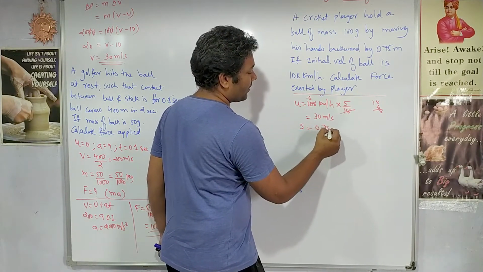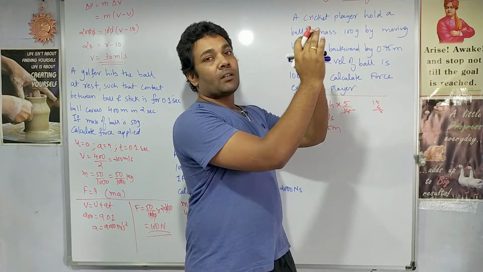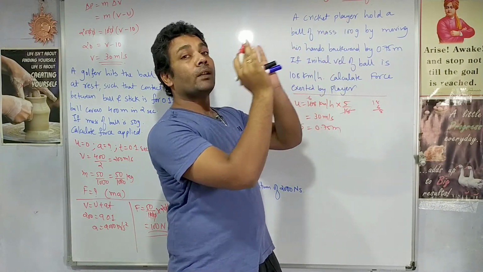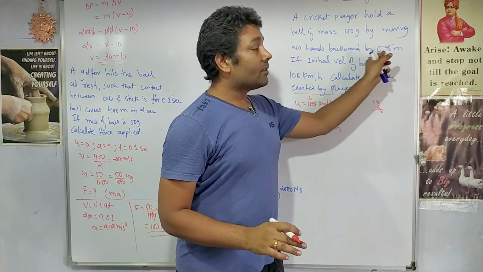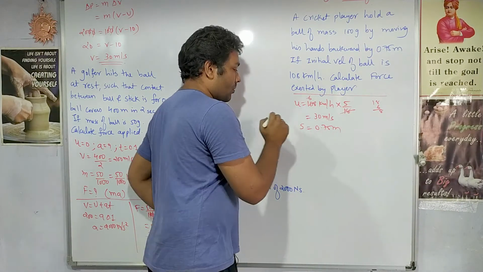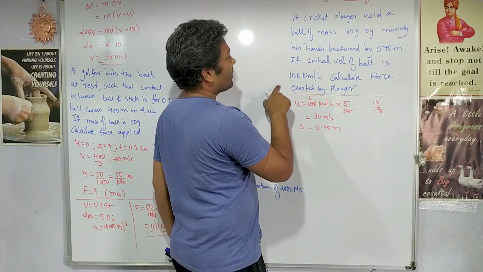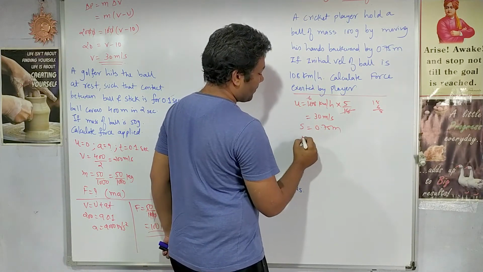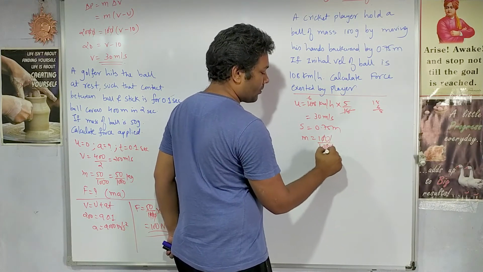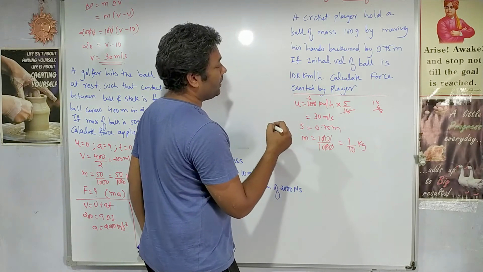Displacement is 0.75 meters, right? Over this 0.75 meters, it is an accelerated motion. Acceleration here is negative because the ball will come to a stop. So during this distance, the ball undergoes accelerated motion, and you can use this displacement for the equation of motion. Then the mass of the ball is given as 100 grams. Again, convert into kg, right? Here zeros are there, so we can simplify, and we have to find out the force.